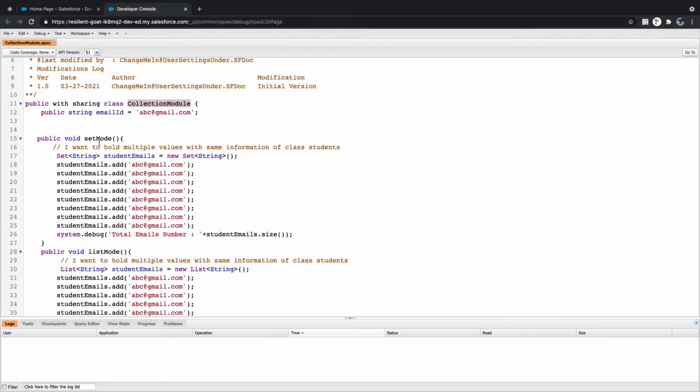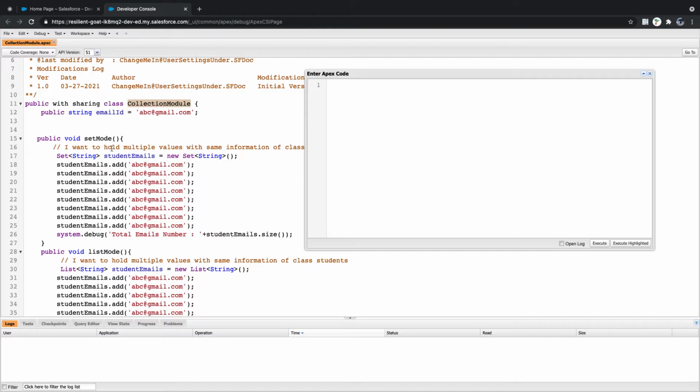If I want to call this method, how can I call it? If I want to call my set mode, how can I call this?